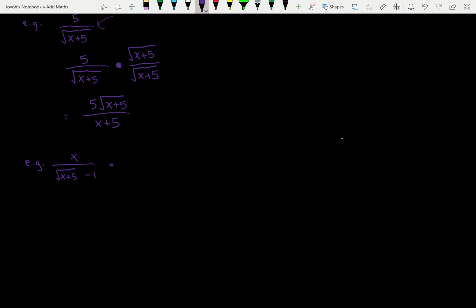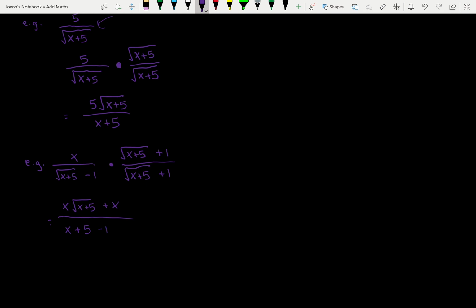In this case, we multiply by the square root of x plus 5 plus 1, because this is actually the conjugate of this, all over the square root of x plus 5 plus 1. Now this is equal to x square root of x plus 5 plus x all over x plus 5